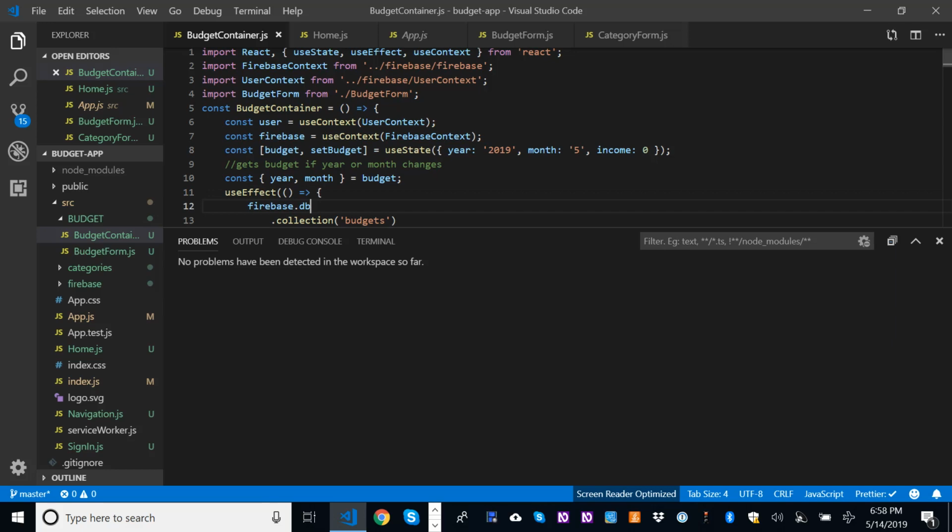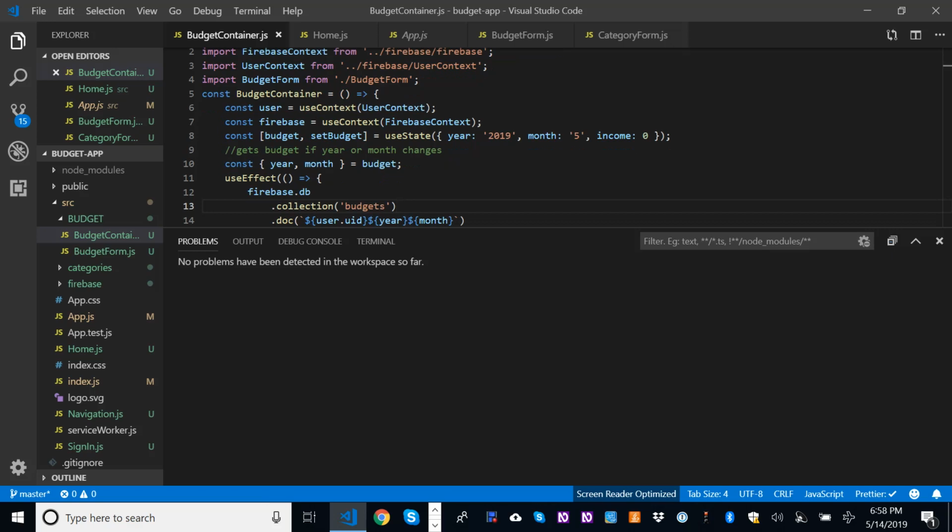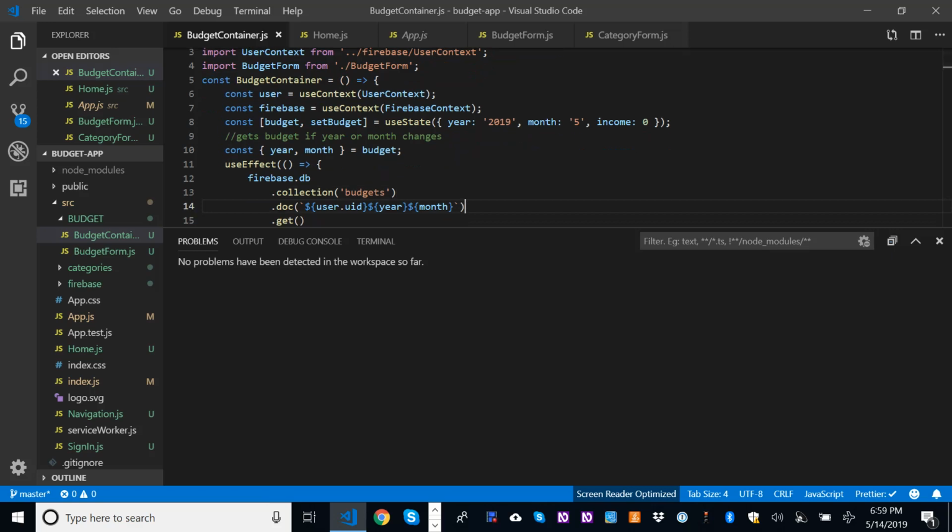So firebase.db. This is my query to get the budget. So .collection( .doc(